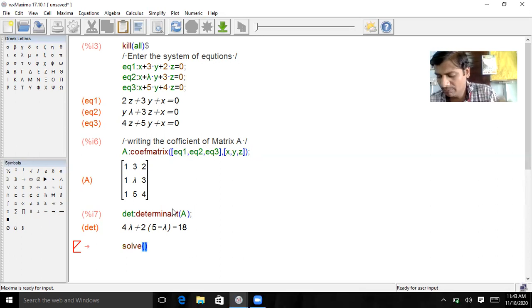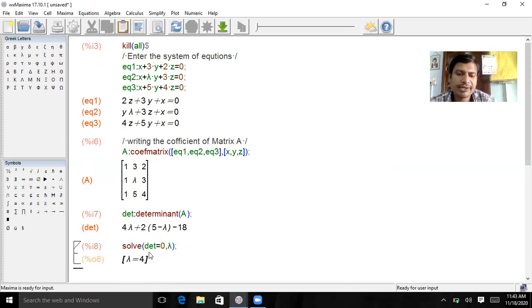That solve bracket of what is the solving mean? We take determinant is equal to 0. That is DET is equal to 0. You take here DET is equal to 0, comma, lambda. Okay, we are finding the lambda value also. That's why we take determinant is equal to 0, comma, lambda. That is the solution of that DET is equal to 0. Then you take semicolon. Then shift enter. Okay, shift enter means that is the lambda value. That is lambda is equal to 4.